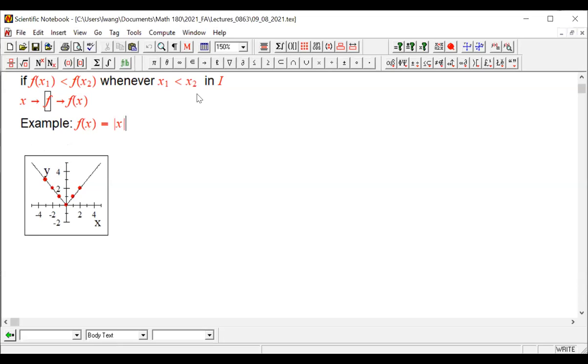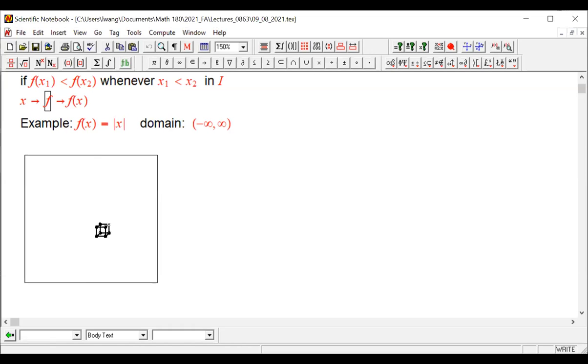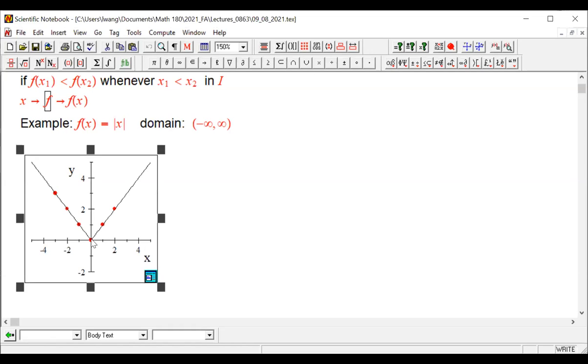And the domain of this function is, what's the domain here? All real numbers, right? So you guys all know that. All real numbers. But if we look at part of the curve, on the interval between 0 and infinity, if we look at this interval,